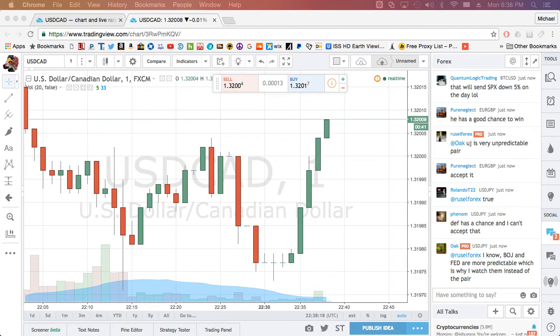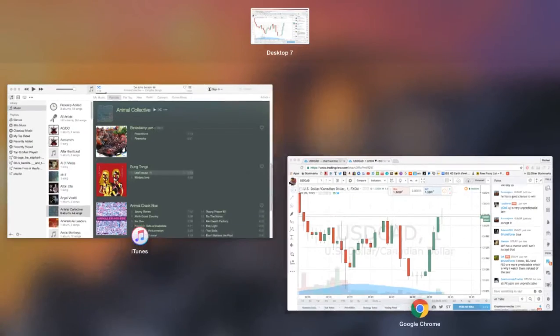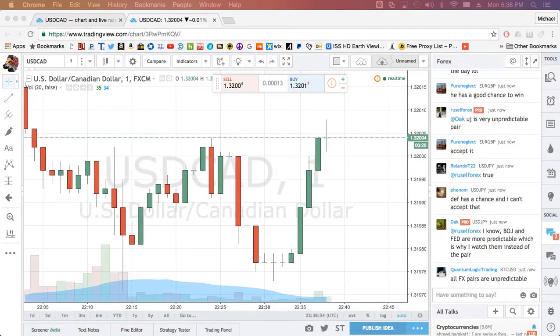Wow, looks like USD CAD is on the rise just based on that 1 minute chart. Let's see here. Wow, I'm glad I closed that out, because I was in on the sell, hardcore sell yesterday. Closed them both out in profit. Didn't make a whole lot, but kind of glad I closed that one out.